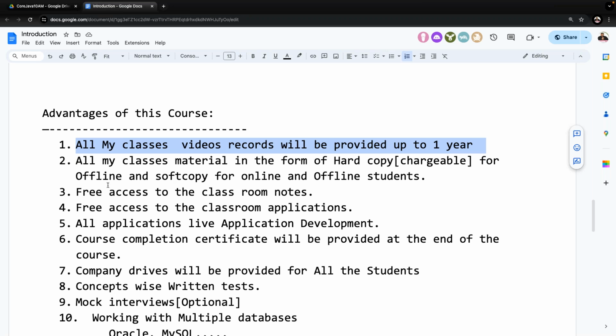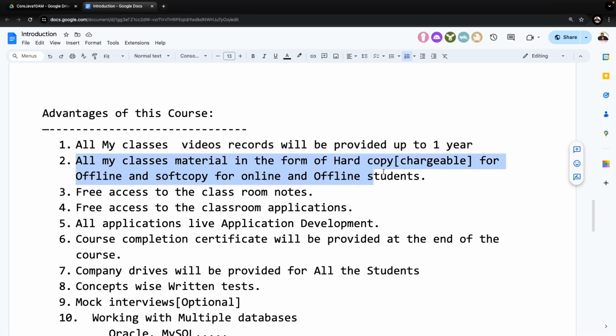Next, all my class materials are available, both hard copy and soft copy. By default, we get the soft copy. At the location where we provide the videos, we can also see the PDF documents available for each and every course. For core Java, nearly 900 plus pages of documents are available. For the Spring framework, a 900-page document is available. PDF documents are provided when the courses start. At present, core Java is starting, so the core Java material we are able to get.